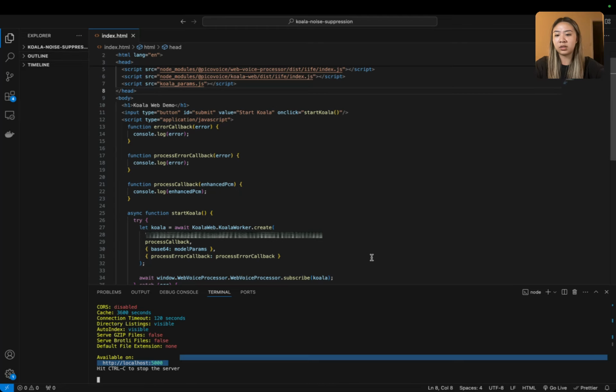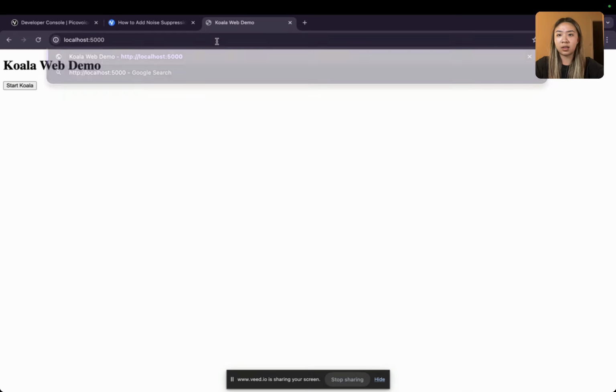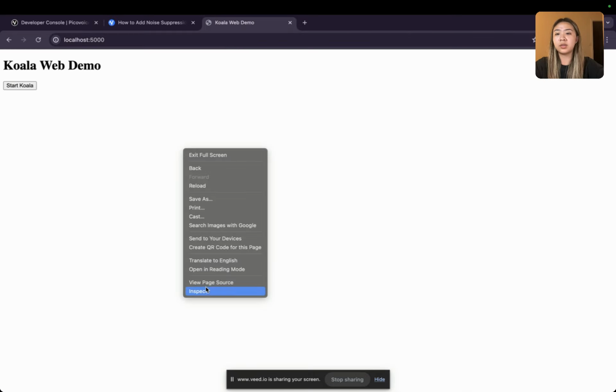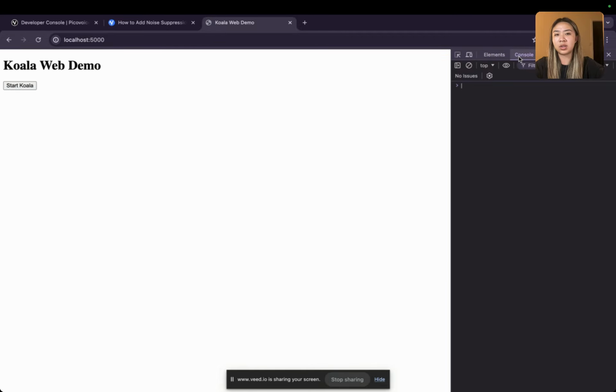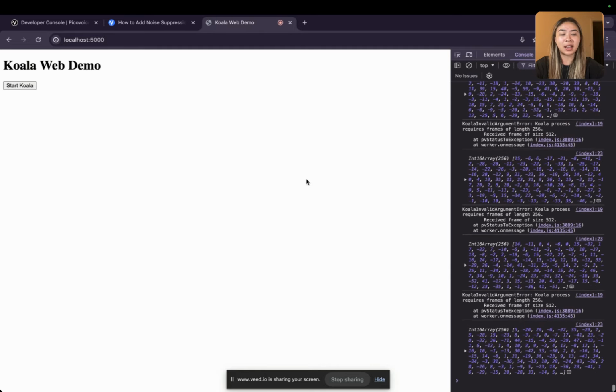Now we're going to go to the localhost, and I'm going to inspect just so you can see what's going on and start Koala. And now you can see that while I'm speaking, it is